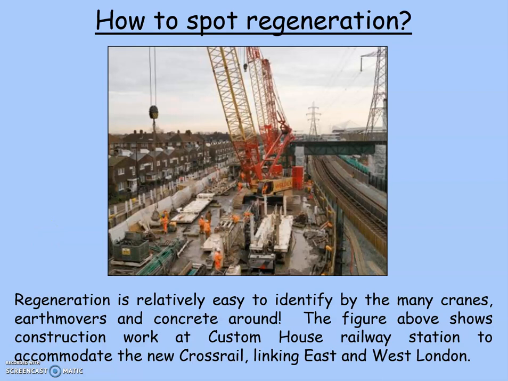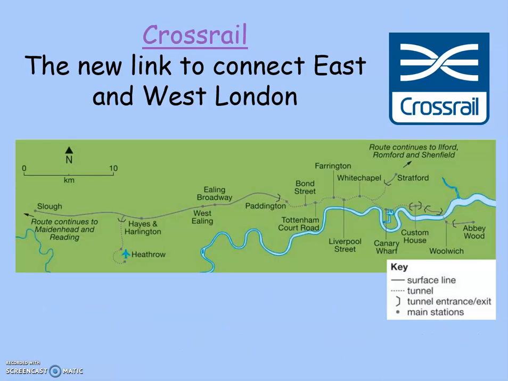Now, for example, this picture shows construction of the Custom House railway station to accommodate the new Crossrail, the rail link between East and West London. Now, Crossrail is something you've learned about during your GCSE. It's a new link connecting East and West London. It should have been opened already, but there's been a delay in finalizing the railway line. So there's a video I will put on Google Classroom for you to watch, just to remind yourself again what